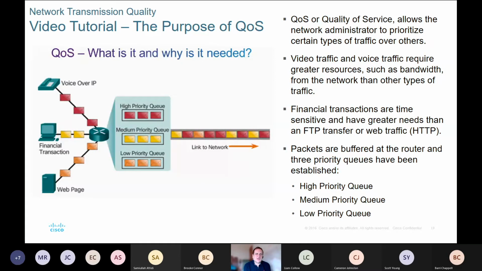So there are some types of traffic that require much greater resources, so they need much bigger bandwidth from the network than some other kinds of traffic. So the kinds of traffic we're talking about are